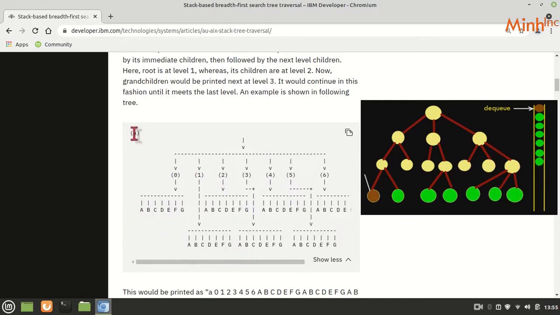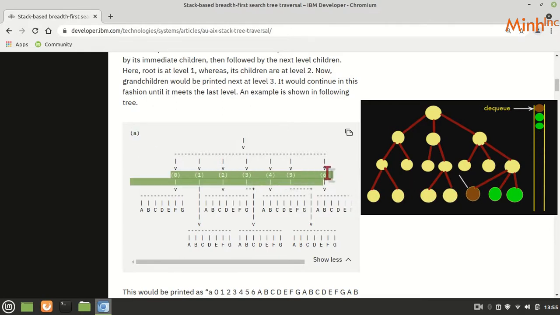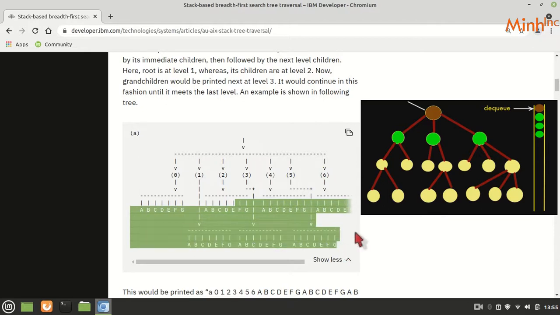If I dequeue root, that is level 0, all its children should be inside the queue. If I dequeue 6, that is the end of level 1, then all its children should be inside the queue.